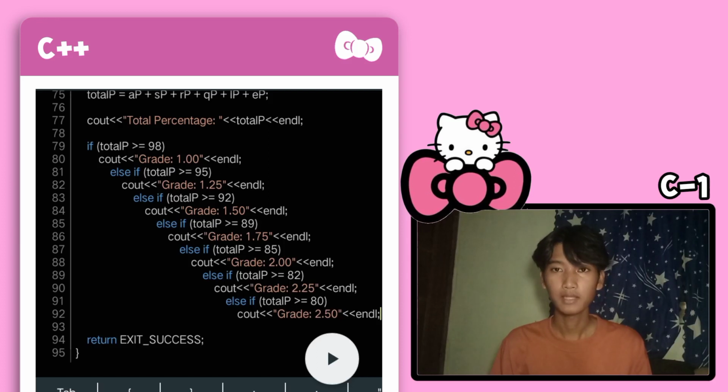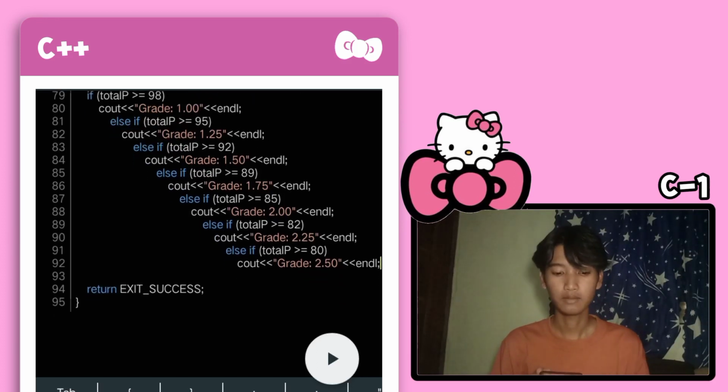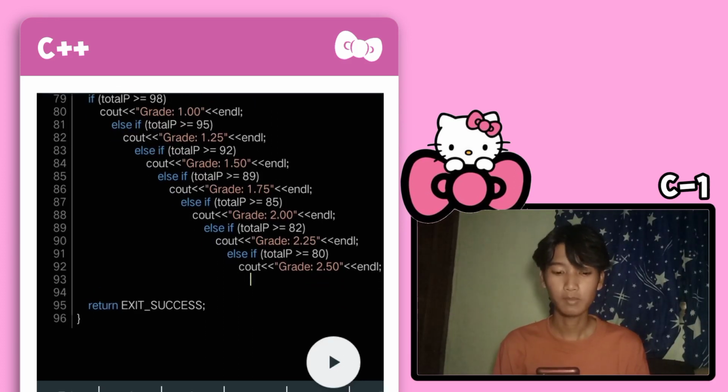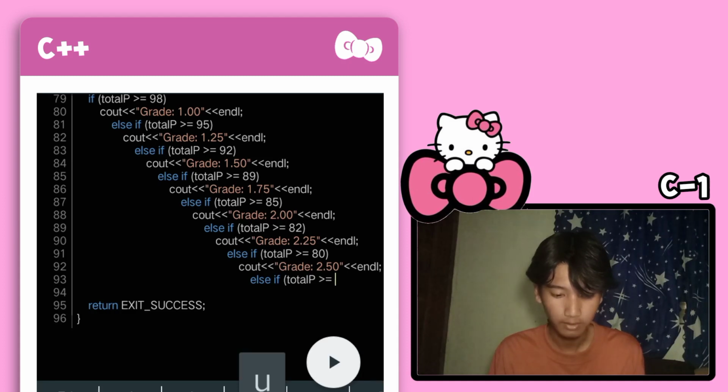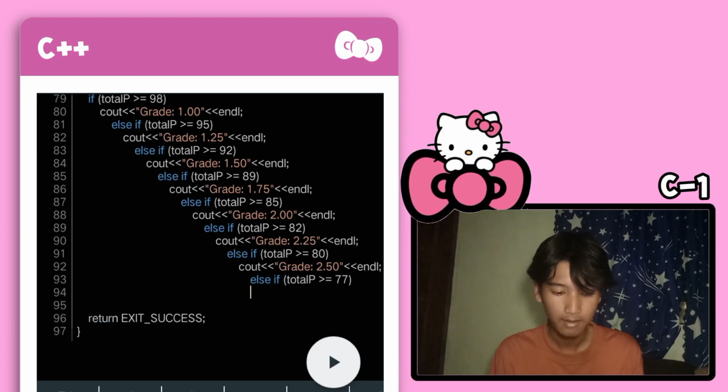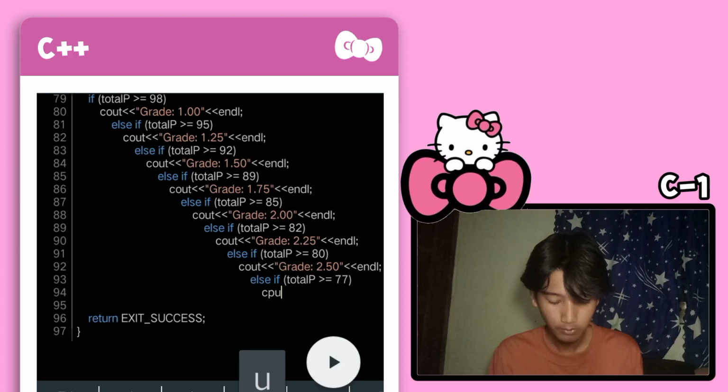Now enter and tab, and let's do for the 77 to 79. The grade is 2.75, so let's type else if (totalP >= 77). Now tap enter and tab again, and then cout, insertion operator,